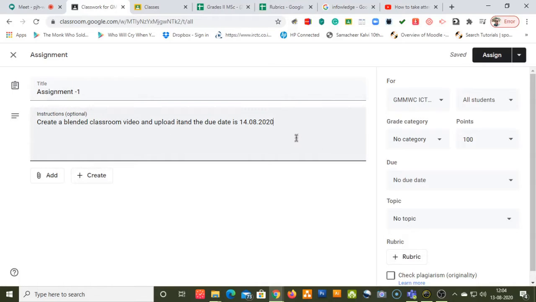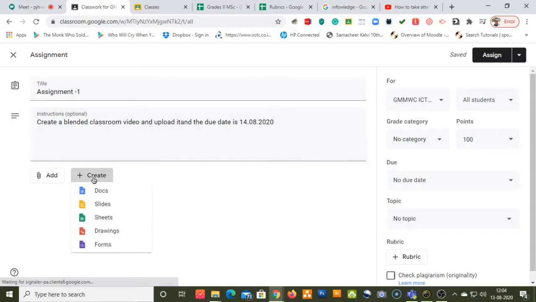Now you can simply put this as assignment, or if you want to give any tips to your students, you can create a doc and type what the questions are. If you want to give any assignment questions, you can always insert a doc. Now what is the advantage of using a doc when compared to Microsoft Word? In a doc you can correct mistakes online, because a doc is always available in our Google Drive and it is online. Therefore at any time you can add something to your doc or correct it, because once you create a Microsoft Word file, it is not possible to do all these things.